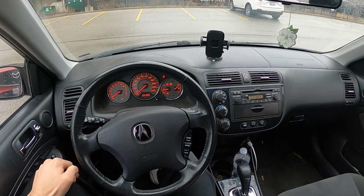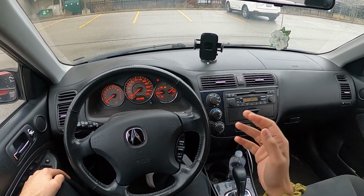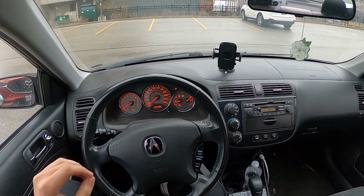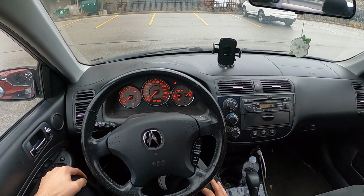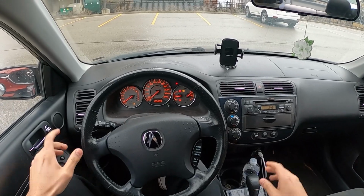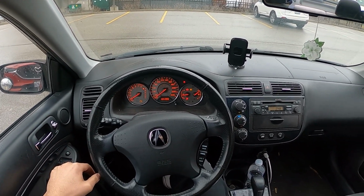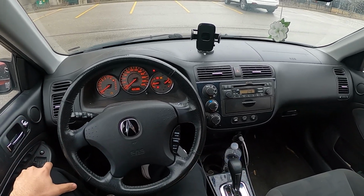Today we're inside a 2004 Acura EL. We have a 1.7 liter inline-4 engine producing 127 horsepower and 114 pound-feet of torque. It's paired to a 4-speed automatic transmission, which is sending the power to the front wheels. So this is a front-wheel drive car, and thank you so much to my friend for allowing me to record